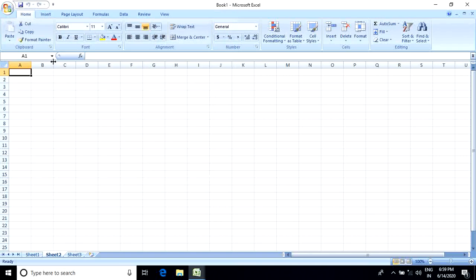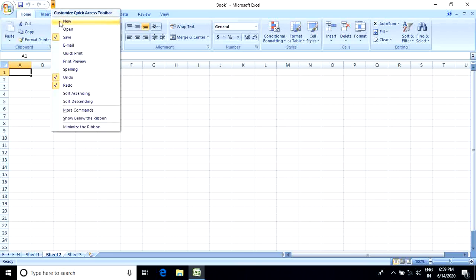Now let's start with Microsoft Excel. First, the quick access toolbar. This is the quick access toolbar.